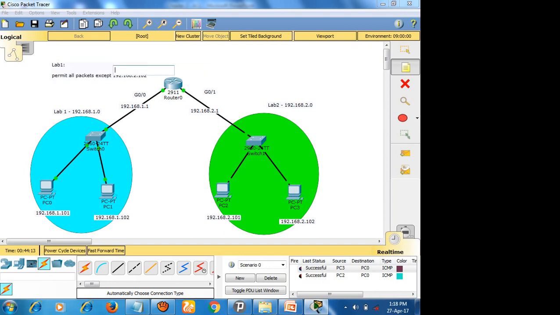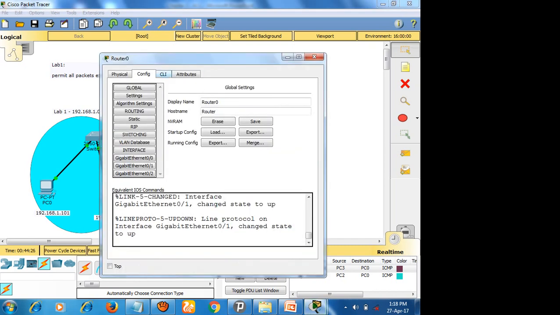So this is what I need. In this lab 1, it has to permit all the packets except 192.168.2.102.